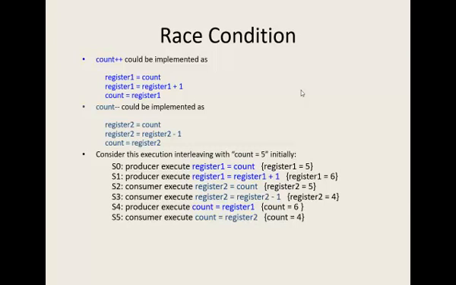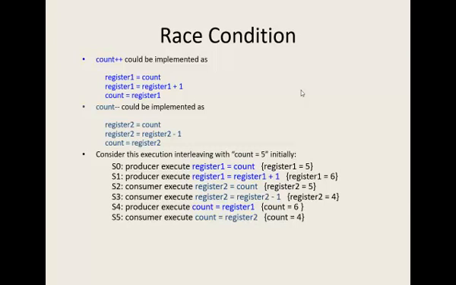When it comes to implementation of these two operations, that is to increase the counter by 1 or decrease the count by 1, we have two code segments. When increasing, we copy the value into the register, increase the register's value, and then copy the register value into the counter, right? When we decrease, it is the same thing. We copy the value of the counter to the register, then reduce the value in the register, and assign the new value to the counter.